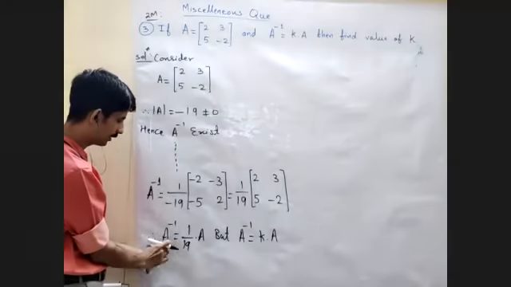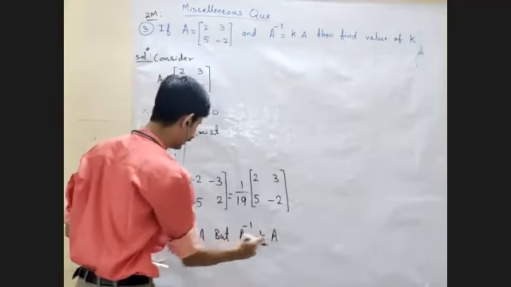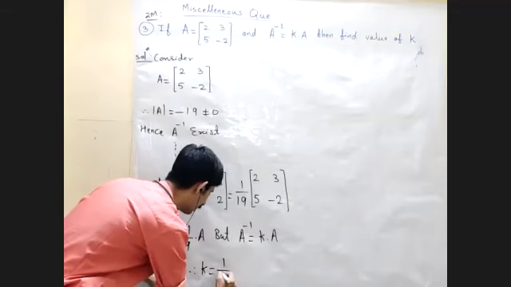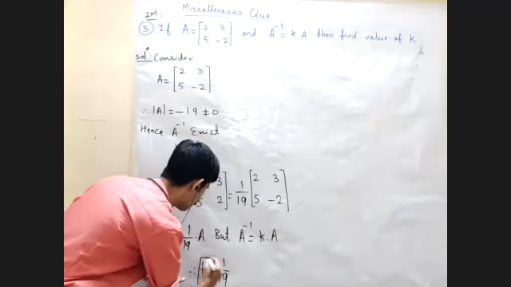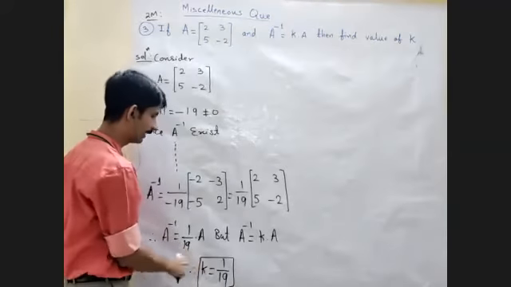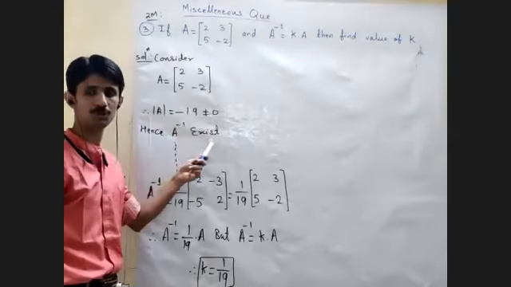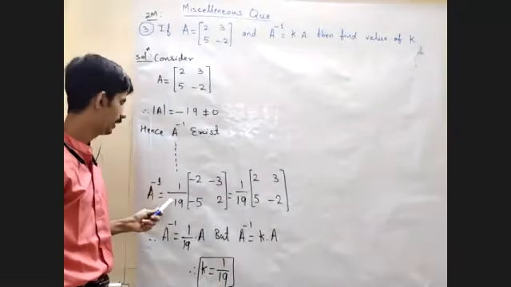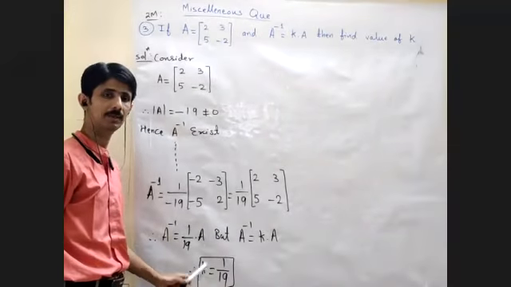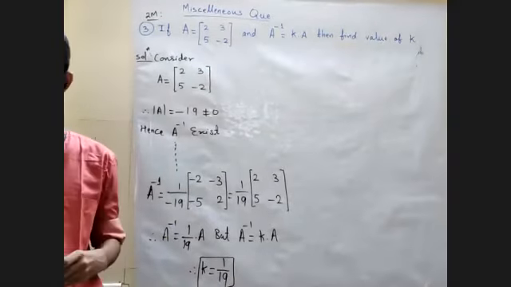So compare this expression, A inverse is equal to 1/19 into A, and A inverse is equal to K into A. So how much is value of K? So value of K is nothing but 1/19. That's it. Problem is over. K का वैल्यू क्या है? 1/19 है. Problem is over. That's it. Obviously A inverse का जो प्रोसीजर है वो आप फॉलो करोगे and you will find out A inverse, और उसके बाद कंपेयरिंग से हमें K का वैल्यू मिलेगा. Problem is over. वो प्रोसीजर आपने ऑलरेडी किया हुआ है. Please make a note of this.